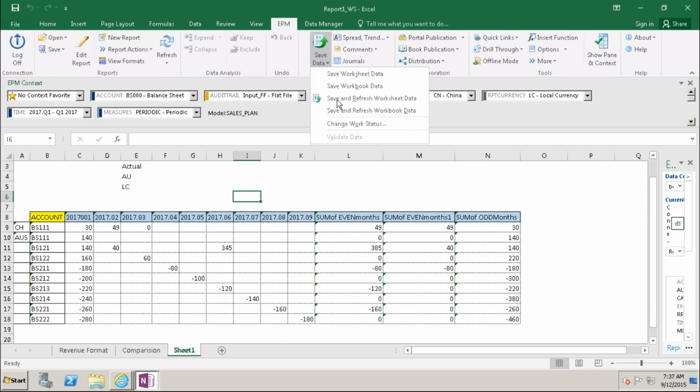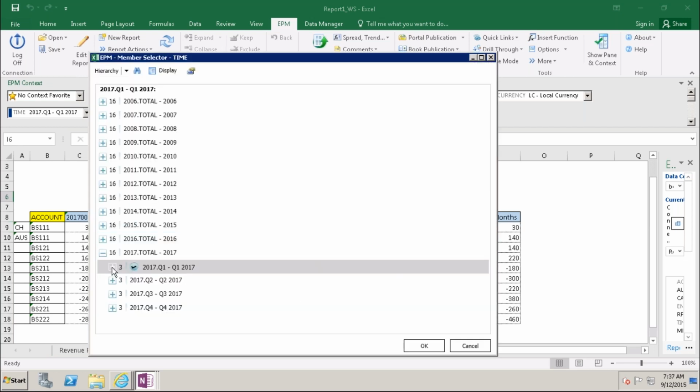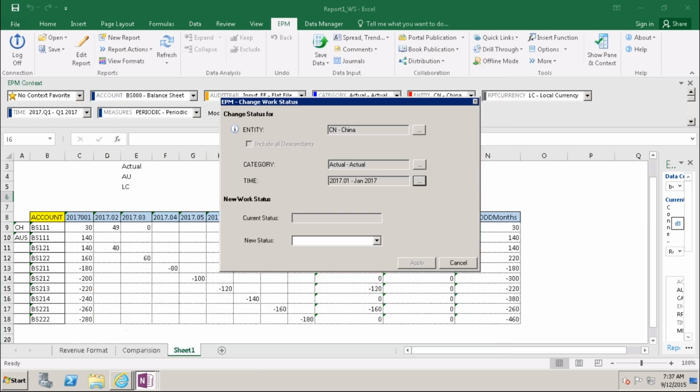Mine is now submitted. That means it has gone to data locked for owner and to be approved. So it should go to the manager.